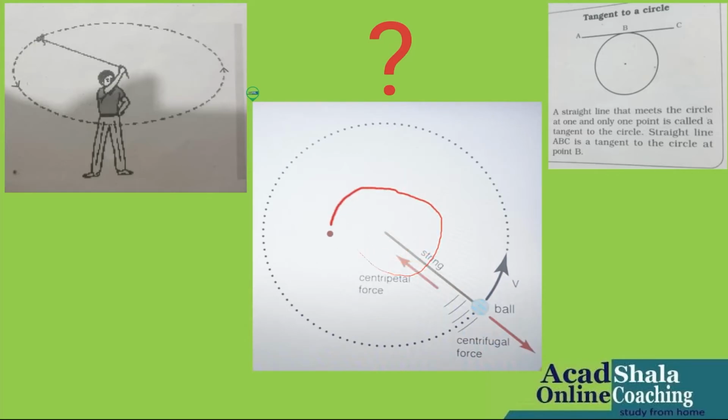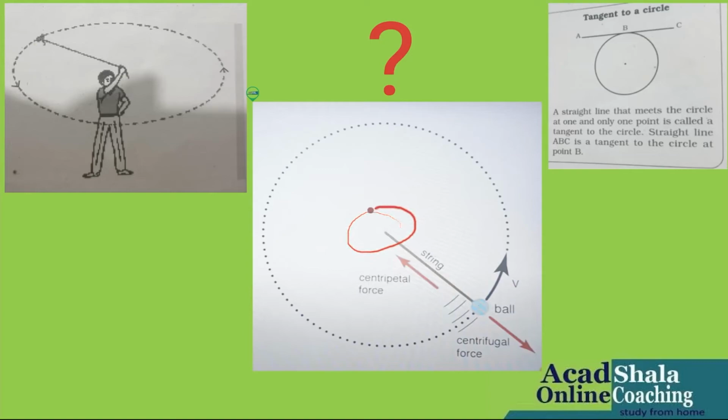In the absence of this centripetal force, the centrifugal force was there. When we say that the tangent to the circle was formed, that means there was no centripetal force at that particular time when the ball was going straight away. When it came out of the circle, the force applied was centrifugal force and there was no centripetal force. So overall, it is there.